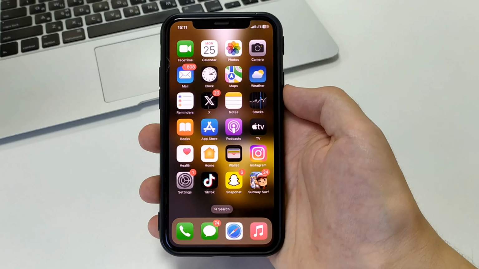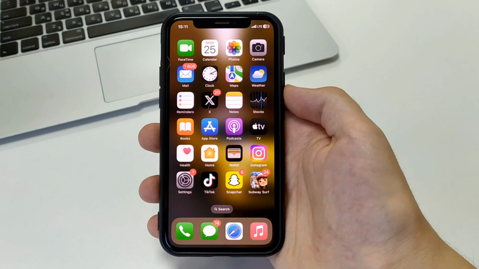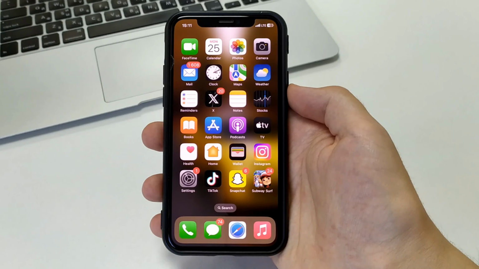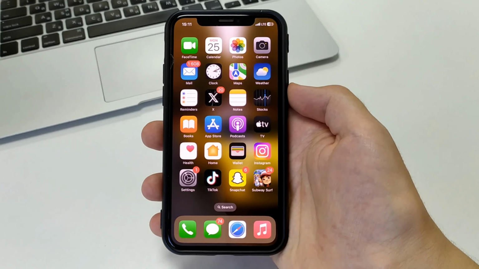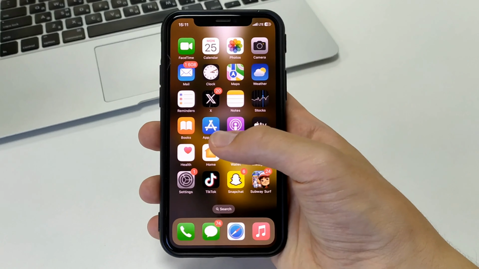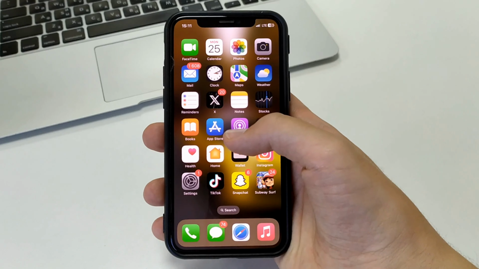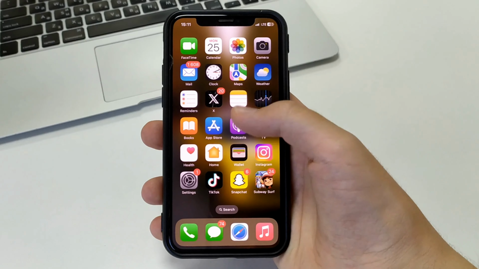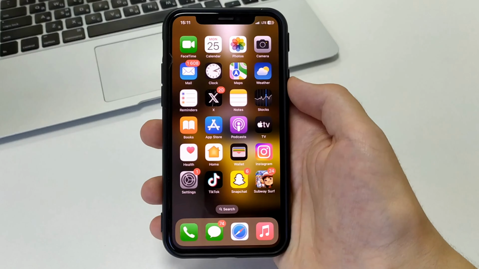In this video, I will show you and tell you how to delete a mention in an Instagram story on iPhone. That is, if you want to tag someone in your Instagram story, and you don't want that nickname visible in your story, you can remove it or you can delete it. So let me show you how to do that.